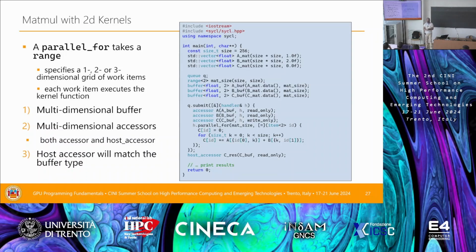Now I have a question for you. I told you that there is data movement implied, no? Because we need to move the data from the CPU to the GPU and going back, right? Where is the data movement? It's in the buffer, but